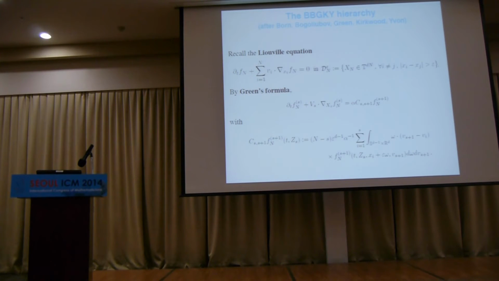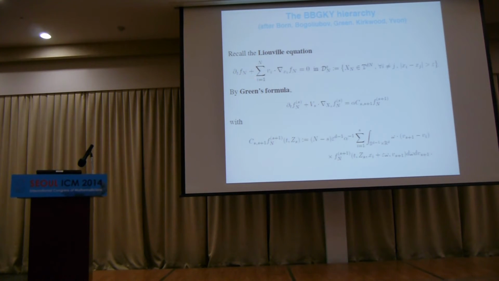So let's start with what's known as the BBGKY hierarchy, from Born, Bogoliubov, Green, Kirkwood, and Yvon, who independently wrote out this hierarchy. We start with our n particles. For the moment, we have any initial data f_n^0 satisfying the bounds I've told you before: Gaussian velocities and exponential in n. And of course, this equation is set in the domain where x_i minus x_j should always be larger than the particle size.